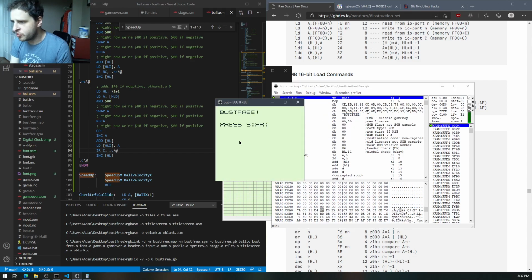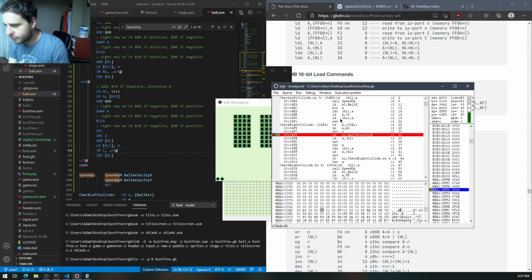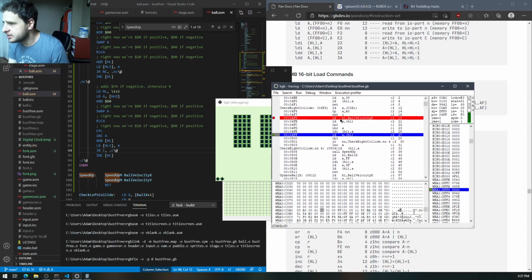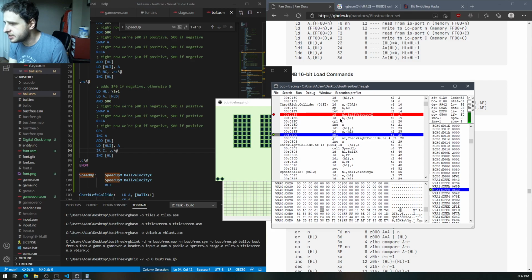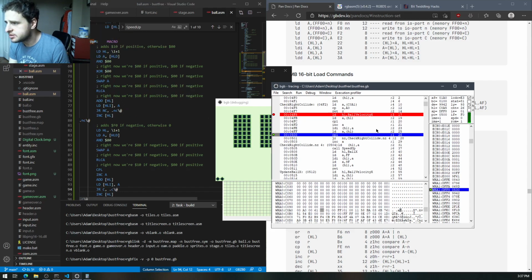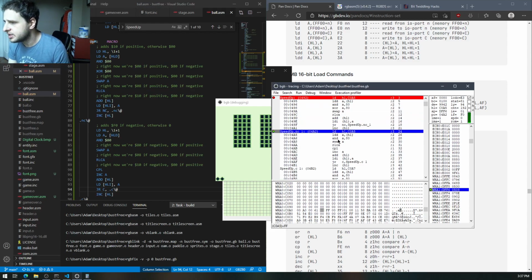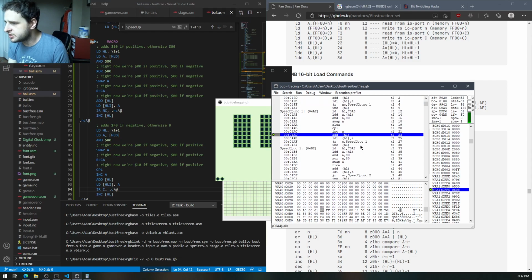I'll step through that once again a little more carefully. Velocity 0, flip it, increment it, load into A. Cool. What's going on there? Oh, that's why. Yeah, there we go. I was looking at the wrong code. Cool. Okay, so